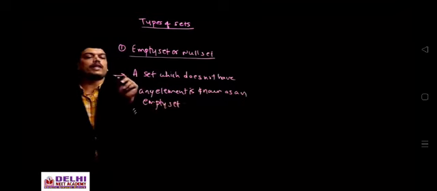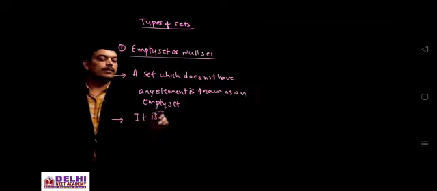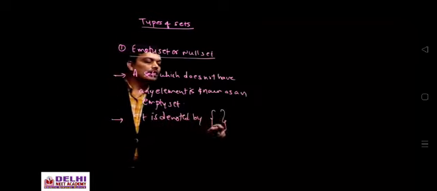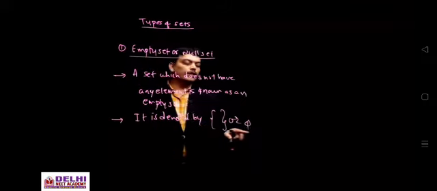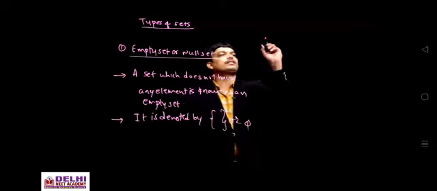And in order to denote an empty set, you can either use the symbol null. It is denoted by the symbol null or an empty flower bracket. So we can either use an empty flower bracket or we can use the symbol null to denote an empty set. So if you want to choose any example for this, you can say,